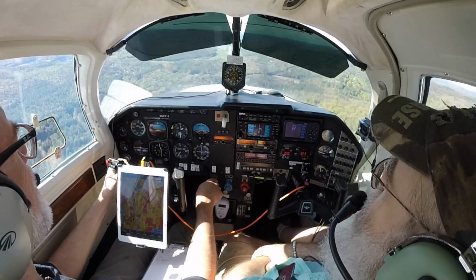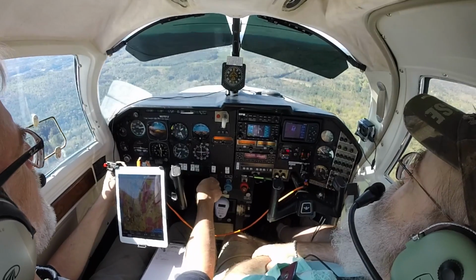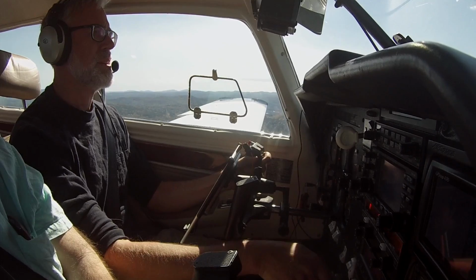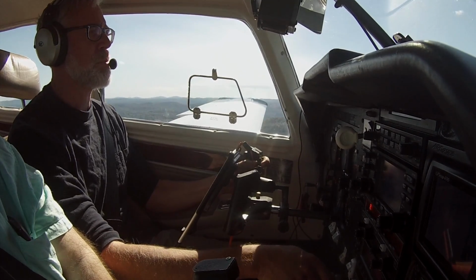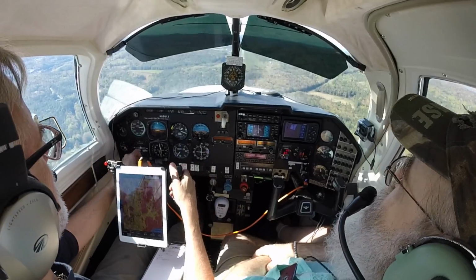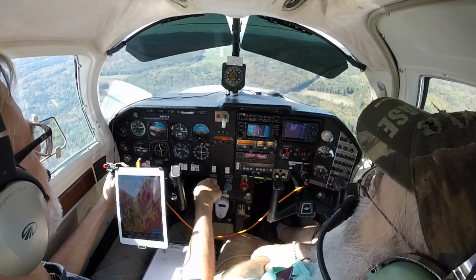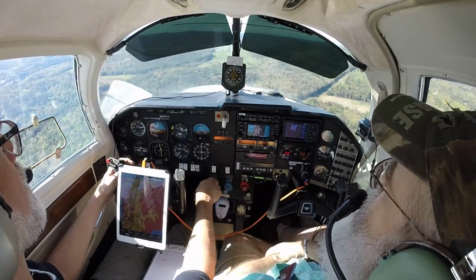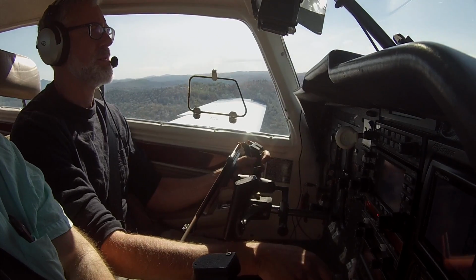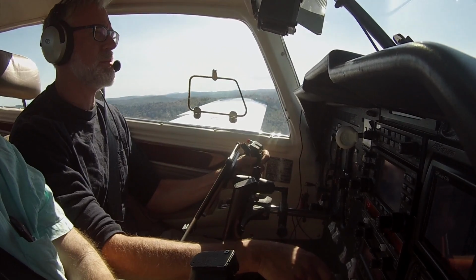And the way you know where you're going to land is that spot. If something stays in the same spot on the windshield, that's where you're going. If it starts to climb up or go down, then the spot has shifted and you need to adjust a little bit. Alright, gas, undercarriage, mixtures in, propellers in, seatbelts are tight. See how the runway's sort of creeping down the windshield now? A little hard to see, but